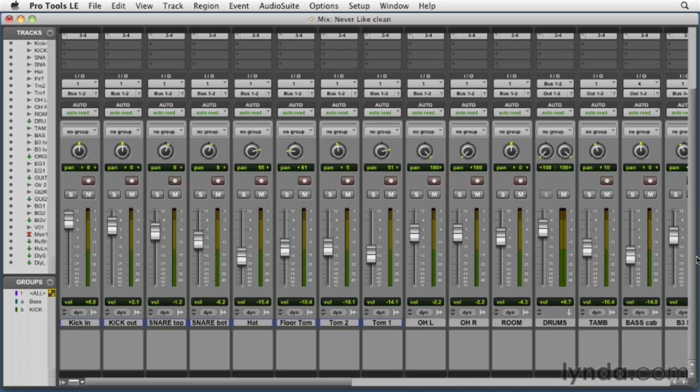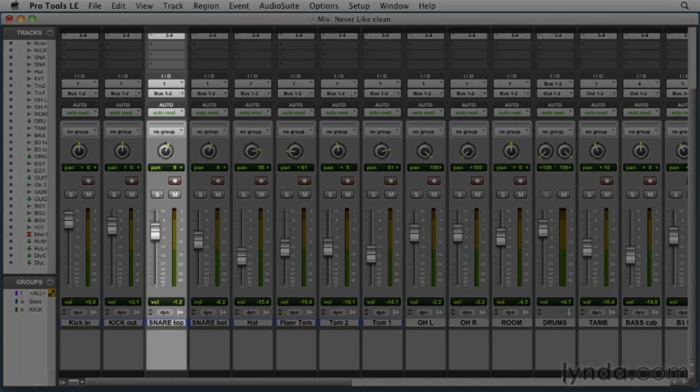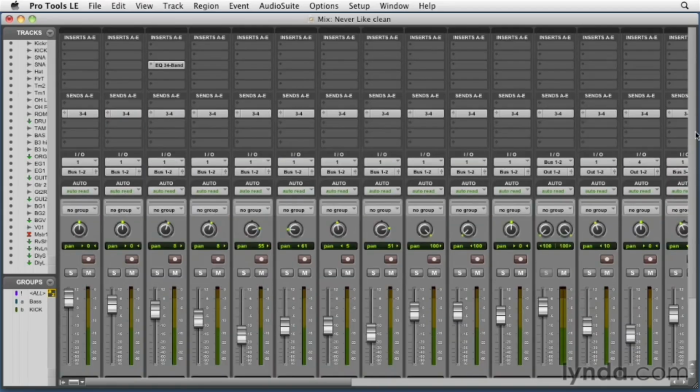One of the easiest ways to set that up is to use the snare drum as your template, then use the same approximate attack and release settings for the other instruments. The idea is to make the compressor breathe in time with the track. So the first thing we're going to do is go to our snare top mic and add